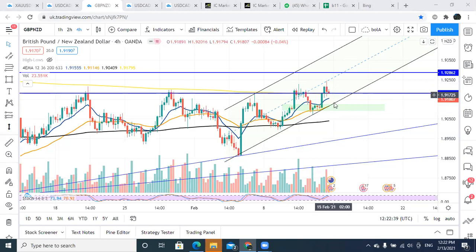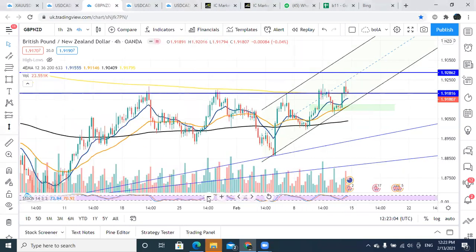Such that if price comes back down to that 36 EMA, it's coming to the channel low, it's coming to the 36 EMA, and it's coming to an area of support, right? And that is key for us to look for a next opportunity, and most probably that will be the key opportunity for things to go up higher. But what I wanted to say to you in essence is this: the reason why